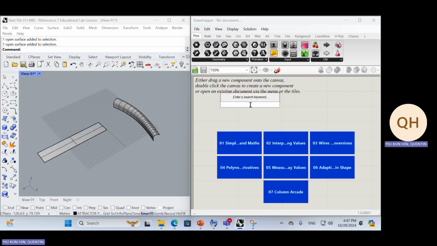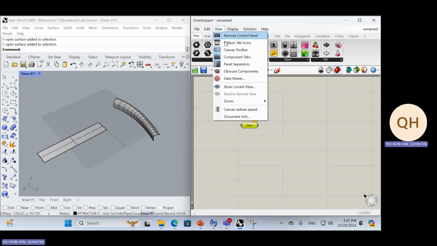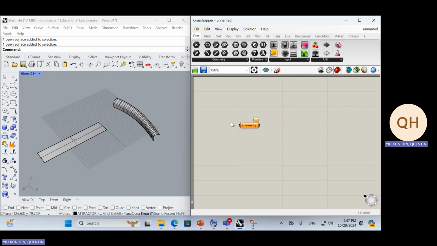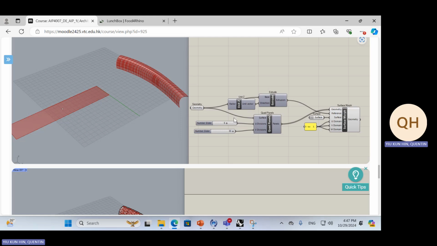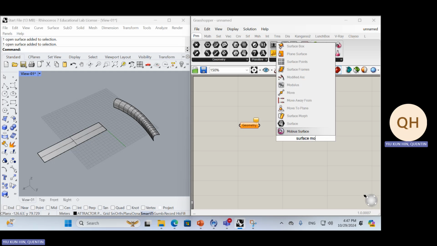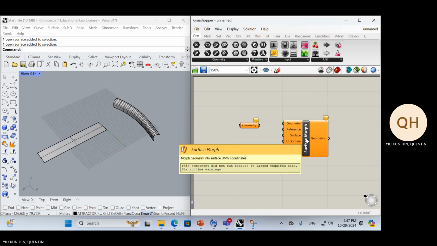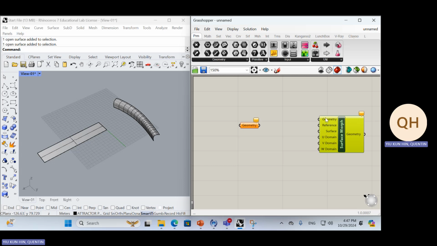Okay, so I will be using the geometry, and then I can also display draw full names. So you see the full name of this. And then actually the most important is this surface morph. Okay, so let's do the surface morph first. Surface morph. So there's this with this icon. Basically what this does is